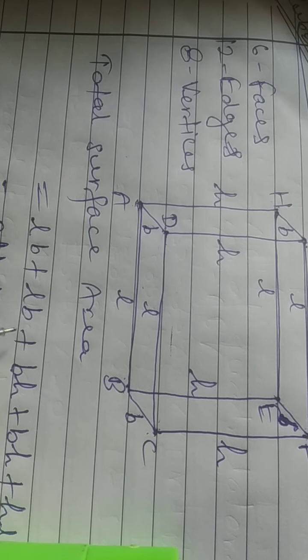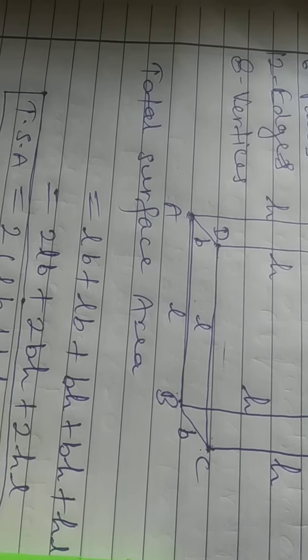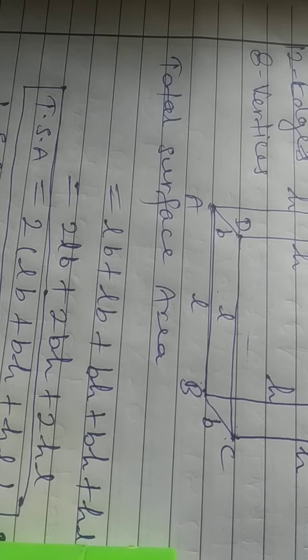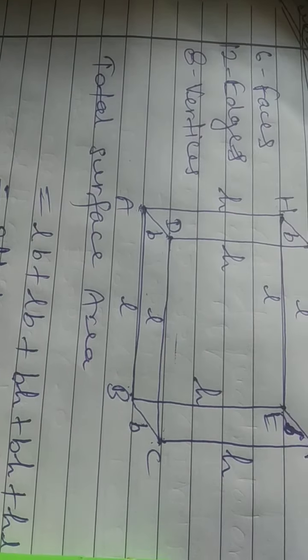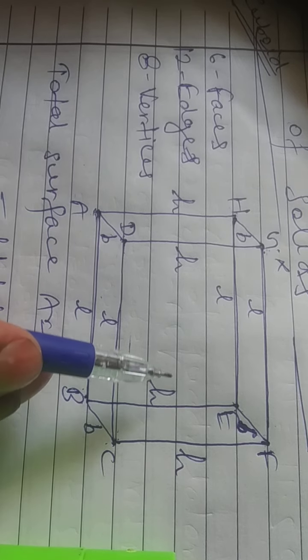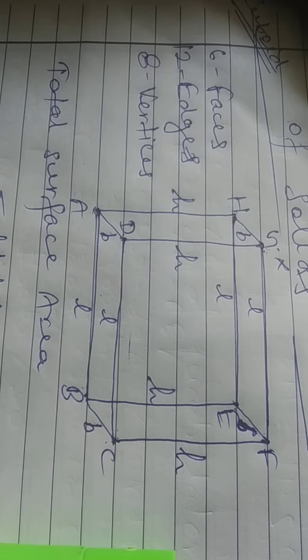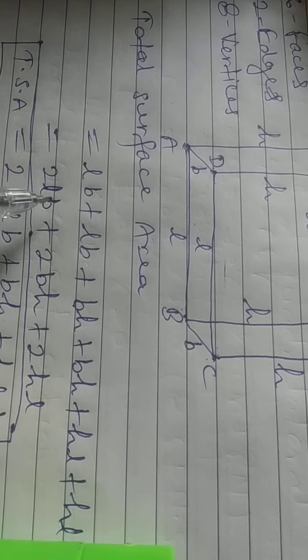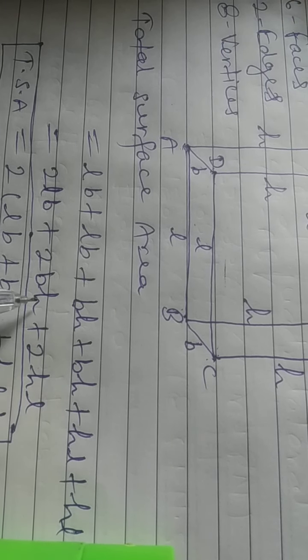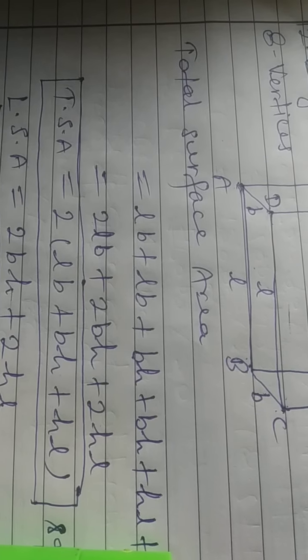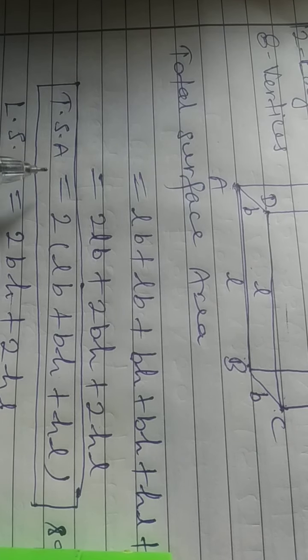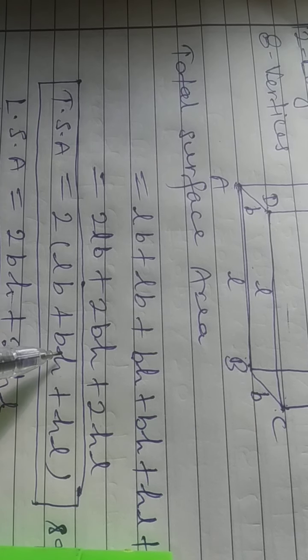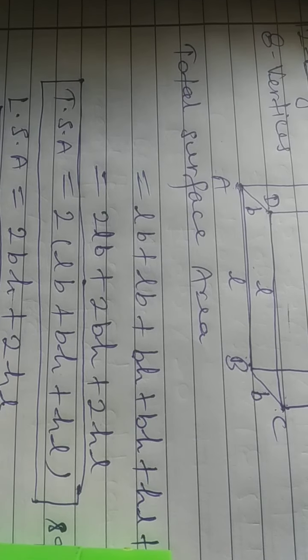BH plus BH will be 2BH. Similarly, the back and front faces each have area H into L, so HL plus HL. By adding, we get 2LB plus 2BH plus 2HL, and by taking 2 common, the total surface area of the cuboid will be 2 into (LB plus BH plus HL). And the unit of